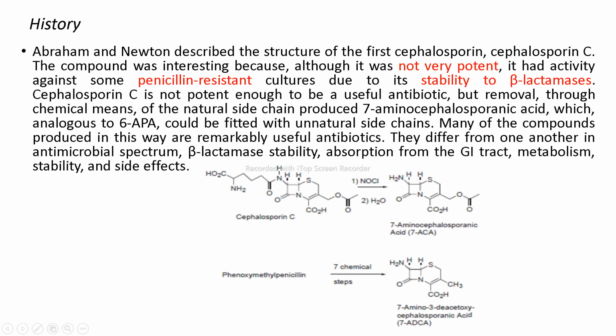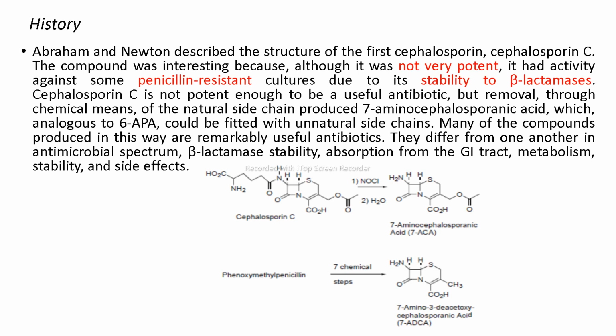This compound, cephalosporin C, is not actually very potent. It has activity against some penicillin resistant cultures due to its stability to the beta lactamase enzyme. So this drug is not very potent, but it is used against those penicillin-resistant bacteria because of its stability to the beta lactamase enzyme. Cephalosporin C is not potent enough to be a useful antibiotic,